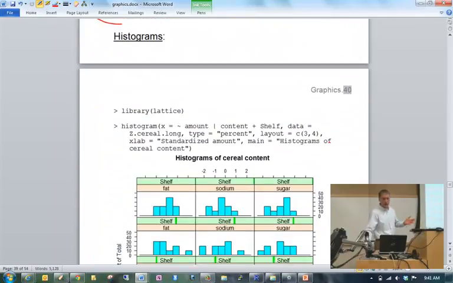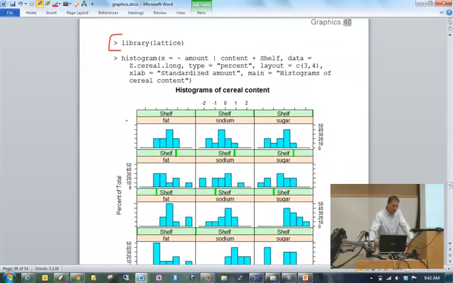Okay, so now let's do some plots here. Let's do some histograms. So I'm going to use the lattice package. This is automatically installed in R, so you don't need to download it. But you do need to say library(lattice) to tell R you want to use it. And then I'm going to create a histogram. What I want to summarize is the stuff that's in the amount column. And I'm actually going to just work with the standardized data here, so all the standardized amounts. But I want to condition on